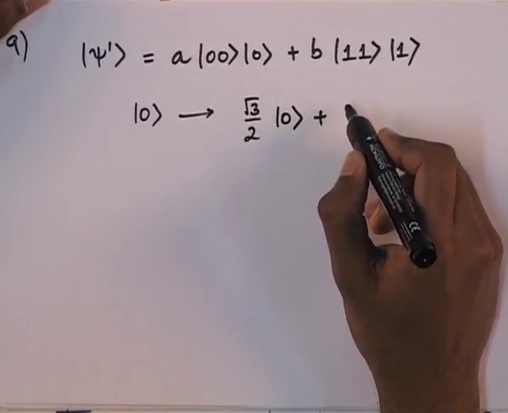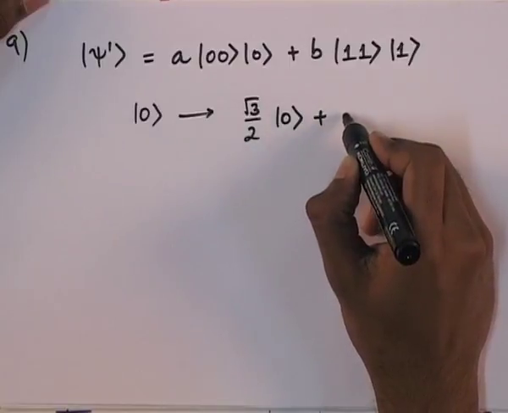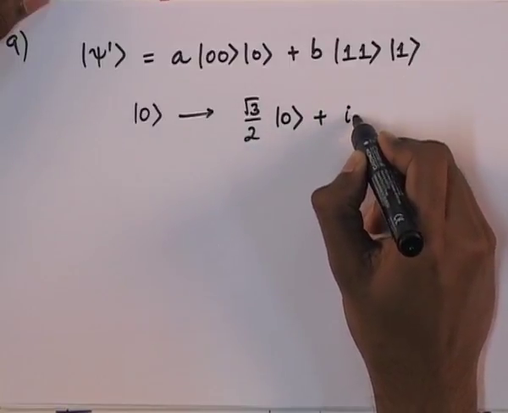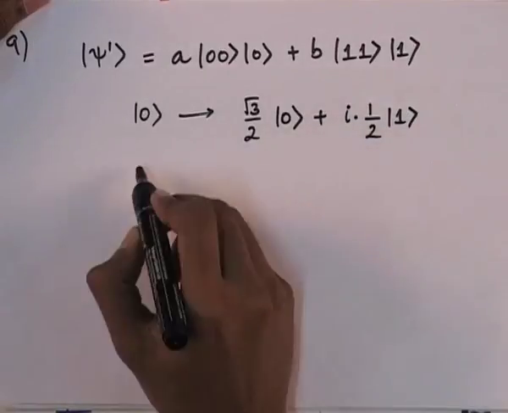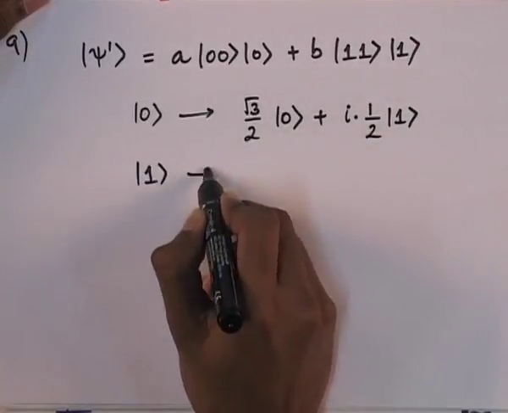Phi now changes to 90 degrees. So, i times sin 30, which is half, and qubit 1 changes to